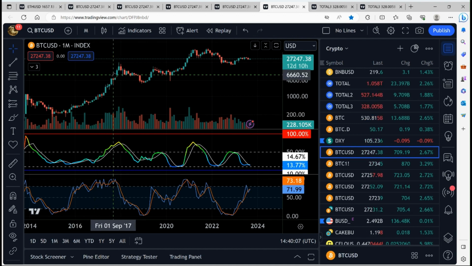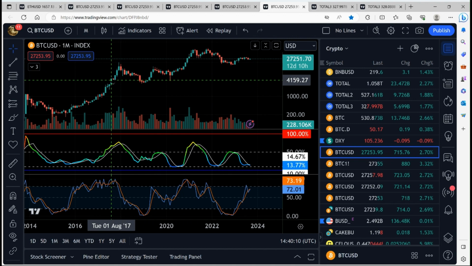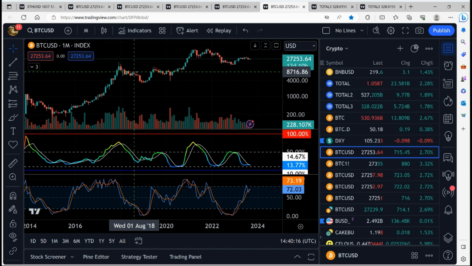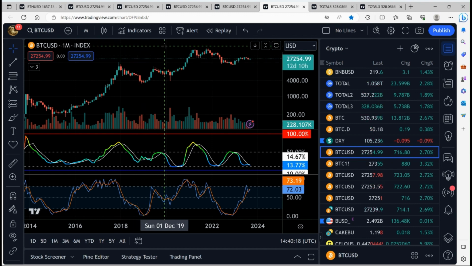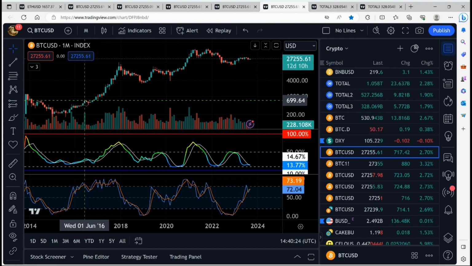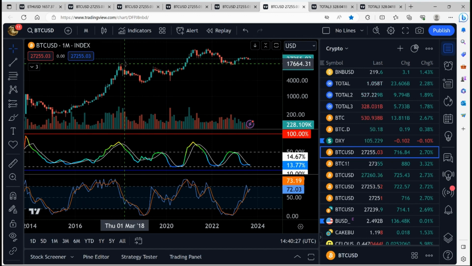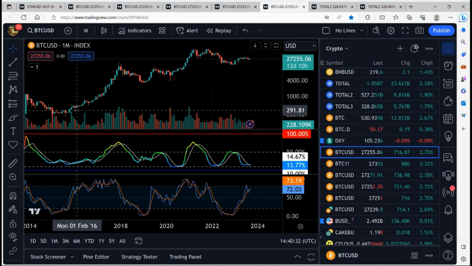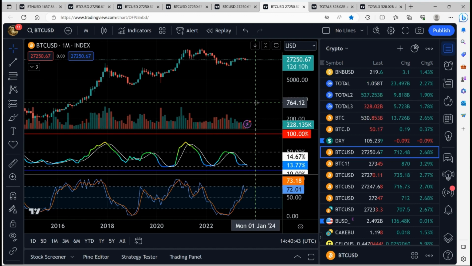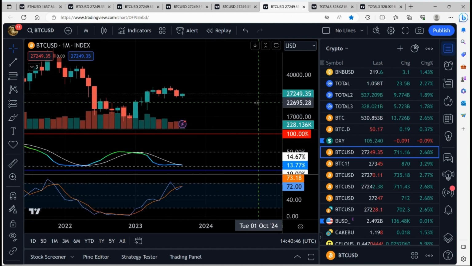Because the market goes up and it goes down and it goes up, it goes down. I think we'll see a move up heading into the end of the year in January, and then a move back down into the halving before our ultimate run. Maybe something like this: up and then down. Yeah, could we be about right here? Sounds about right. So let's move on. Well, let's expand this a little bit more.